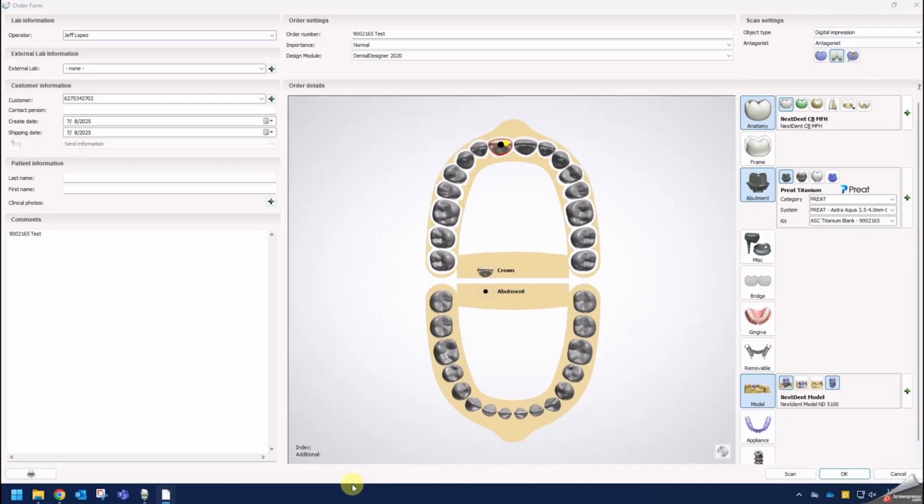In this video, we will show you how to design a crown for a previously milled angle screw channel patient-specific abutment case in 3Shape. Begin by creating an order on the project page, choosing the crown option under Anatomy, and proceed